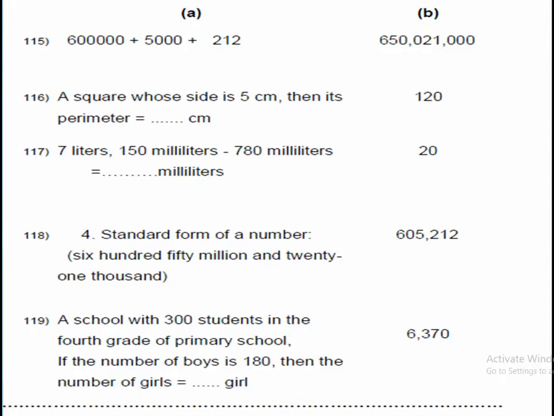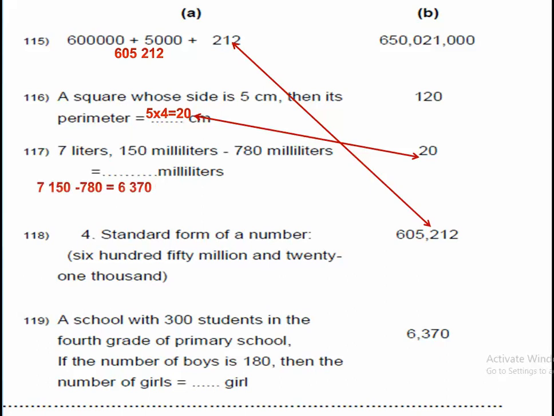600,000 plus 5,000 plus 212 will be 605,212. A square whose side length is 5 centimeters, then its perimeter is 5 times 4 equals 20. 7 liters and 150 milliliters will be 7,150 minus 780, which is 6,370. A standard form of a number 650 million